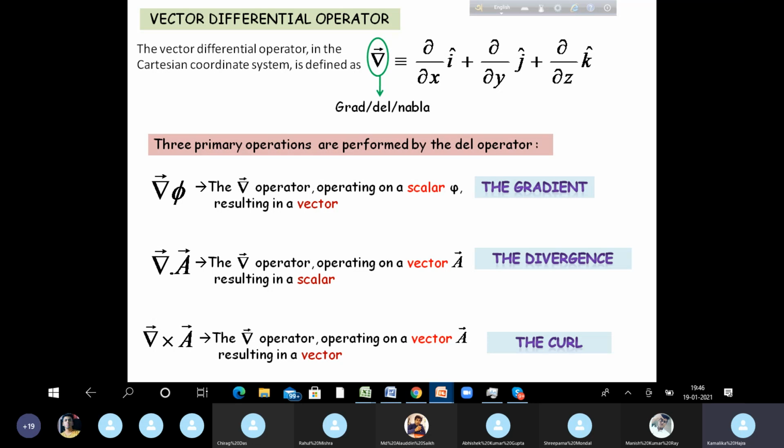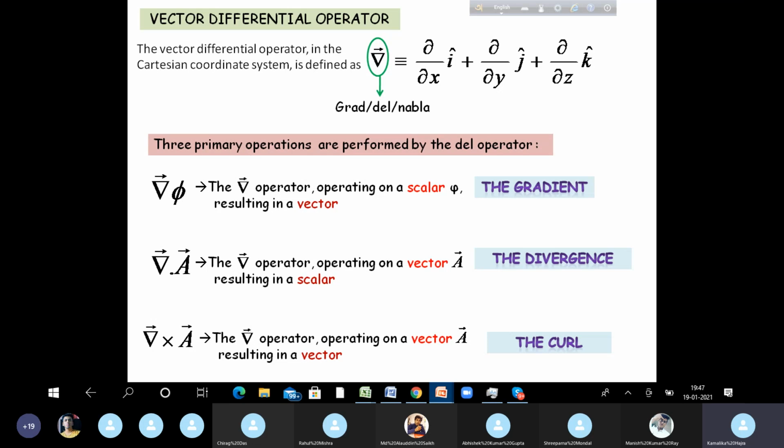of the vector. And last, you take the del operator and operate it again on a vector, but now you take the cross product, and we know the cross product of two vectors is a vector. So now you get a vector. So del operator operating on a scalar results in a vector. Del operator can act in 2 ways on a vector. When you take its dot product with a vector, you get a scalar. When you take its cross product with a vector, you get a vector. And the 3 operations are respectively called taking the gradient of a scalar, the divergence of a vector, and the curl of a vector. Okay.